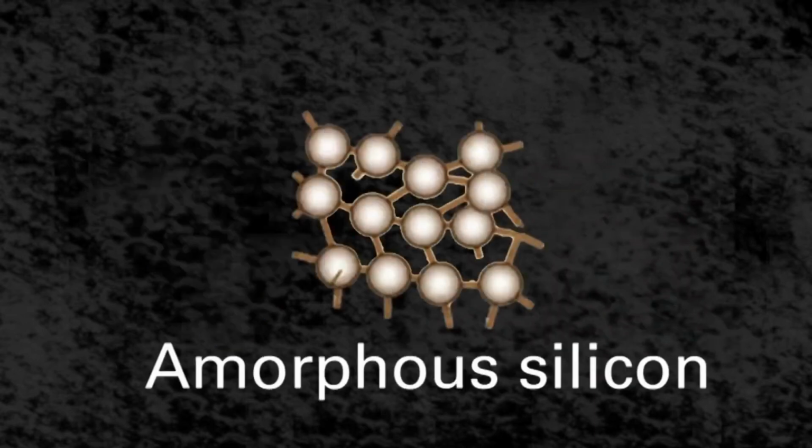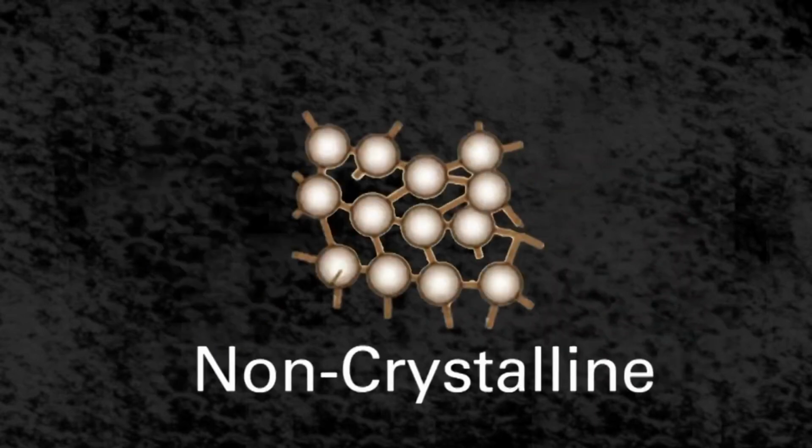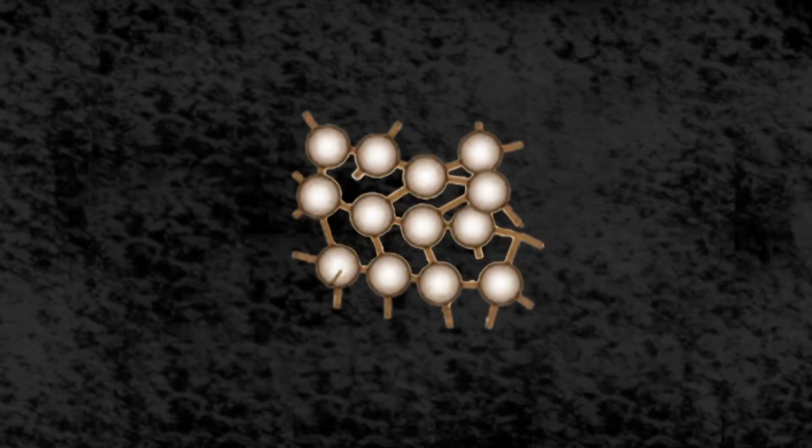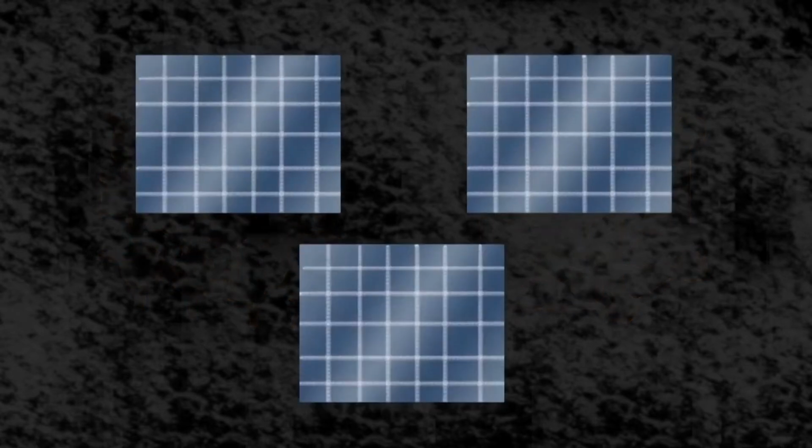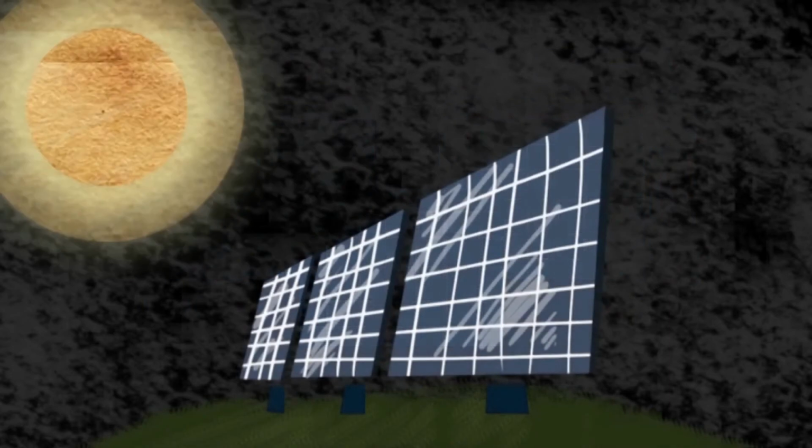Amorphous silicon is non-crystalline silicon. In this structure, the silicon atoms are not held together tightly like in crystalline silicon. Crystalline silicon and amorphous silicon can both be used to manufacture solar cells, which are grouped together to make solar